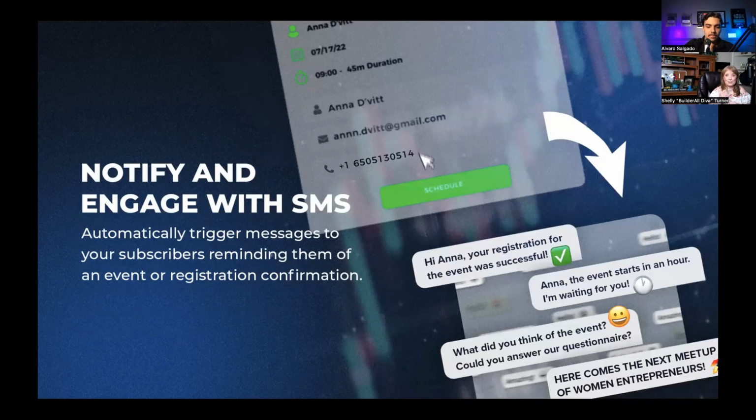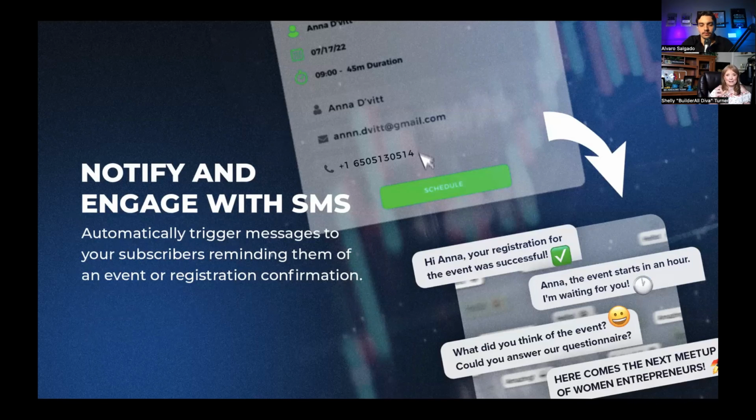The next one is SMS messages. You can notify your appointees definitely what time your appointment is coming up, and you can send out those text reminder messages in whatever sequence you want to set up. So you can set up just one reminder, you can set up multiple reminders. It's amazing what you can do. And again, you can do that countdown of 24 hours to go, 2 hours to go, 1 hour to go, 5 minutes to go. And it is incredible.